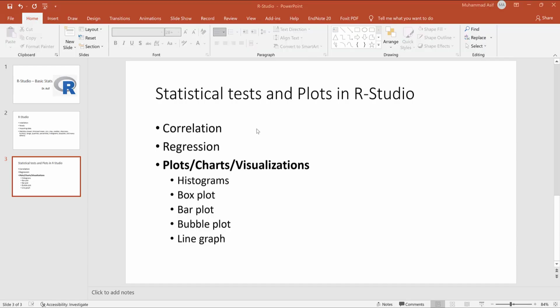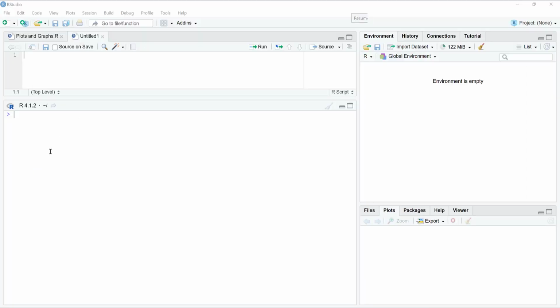In this video, I will explain how to do statistical tests such as correlation and regression in R program, and also how to make different types of plots or charts such as histogram, box plot, bar plot, bubble plot, and line graph. As mentioned in the last video, we can enter commands either in the source panel or in the console, and they are both the same. And in this video I will be using the console to give my commands because it creates